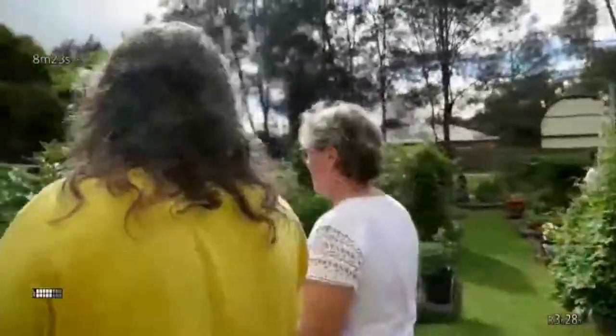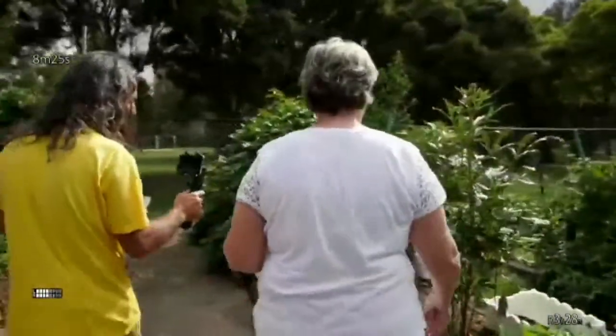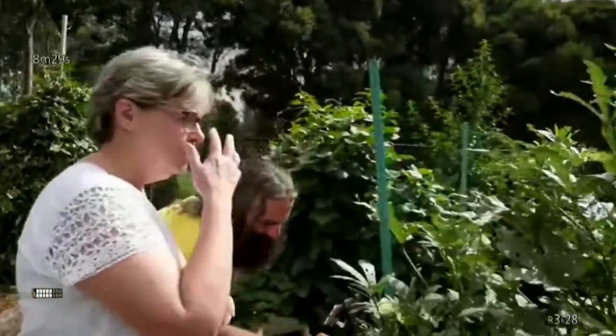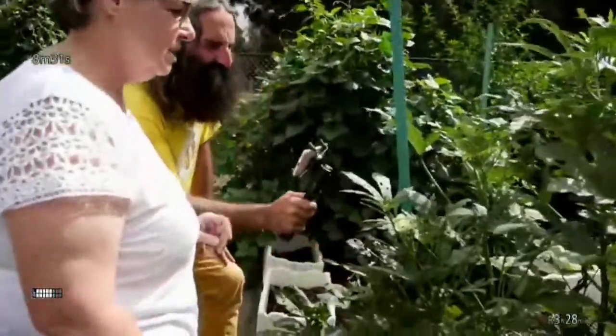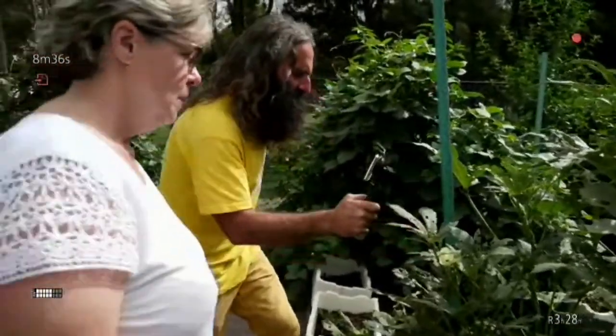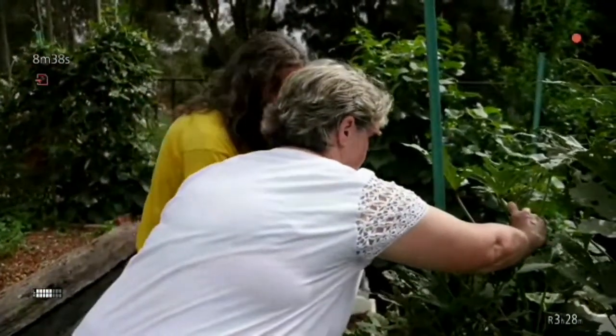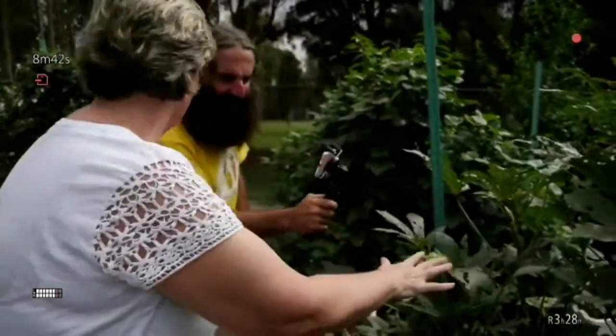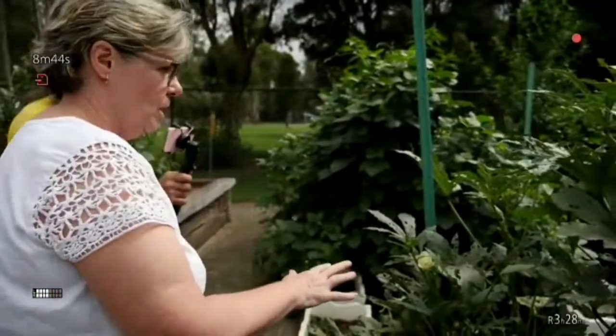Some of these okra are quite large now, but they will be grown on to collect for the seed. Oh, yep. But these are really lovely. They're related to the hibiscus family, as you can probably see from the flower. So the okra, they like to pick about this big. We also have quite a few Lebanese ladies that come along, and they like